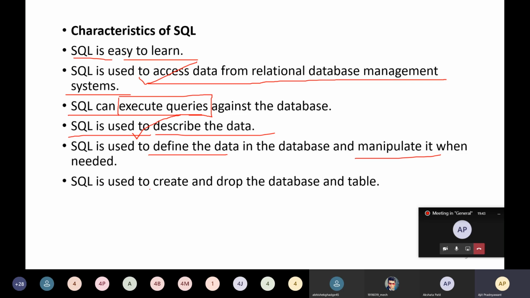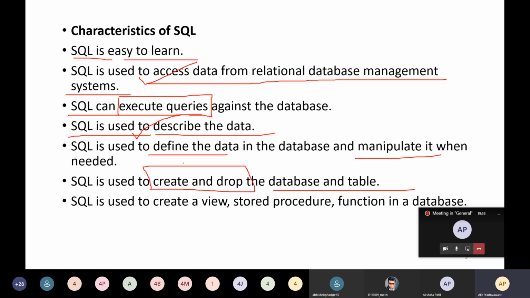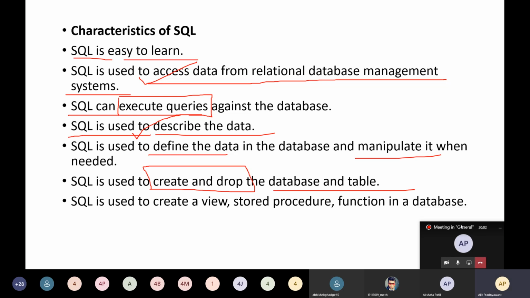Again, SQL is used to create and drop the database and tables. It is used to create views, stored procedures, and functions in the database.